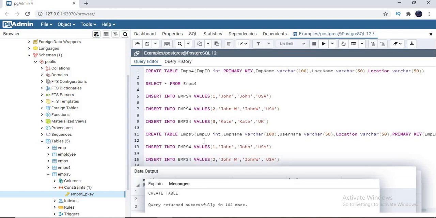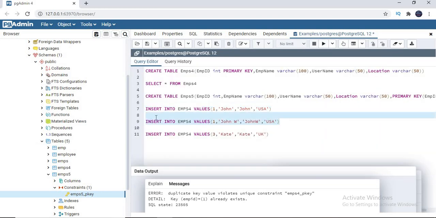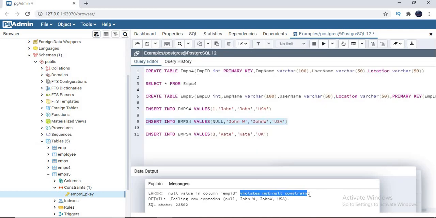Now let me remove this so that I'll get some space here. So here let me insert this record, execute. Let me keep it as 1 again here. I'm trying to show you that. First let me show you not null, as I showed you in the same sequence. So let's put a null here, insert. You get error message saying that EMP ID violates not null constraint here. Okay, let's simply change it to 2 and run this. Done, execute. Okay, sorry, not 4.